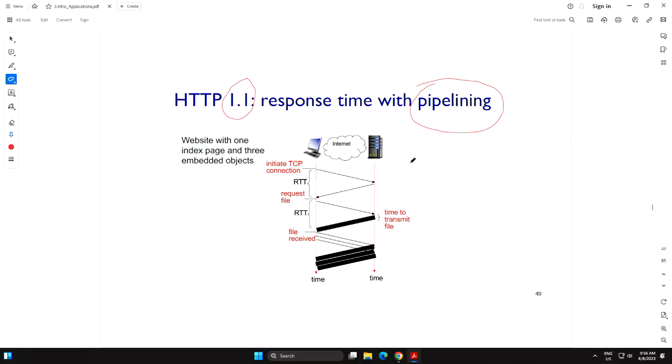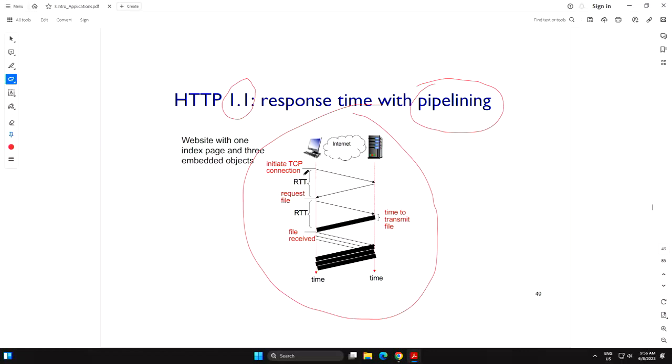So let's follow the timeline. This is the famous timeline you will see over and over again in computer networking. The vertical downward is the time axis, and the horizontal is the protocol messages, right? It's a convenient way to capture both the protocol and the timing relationship, right?